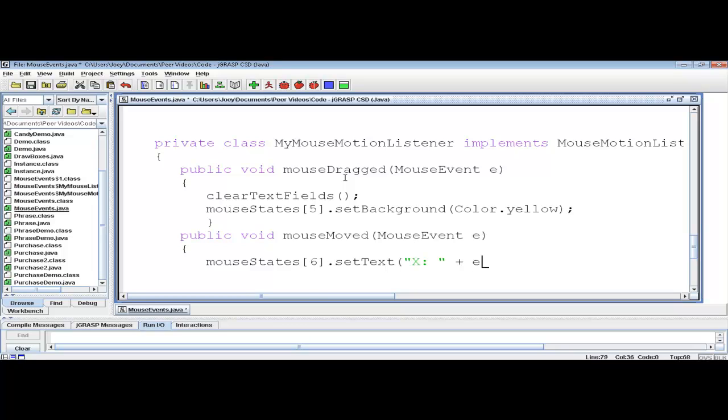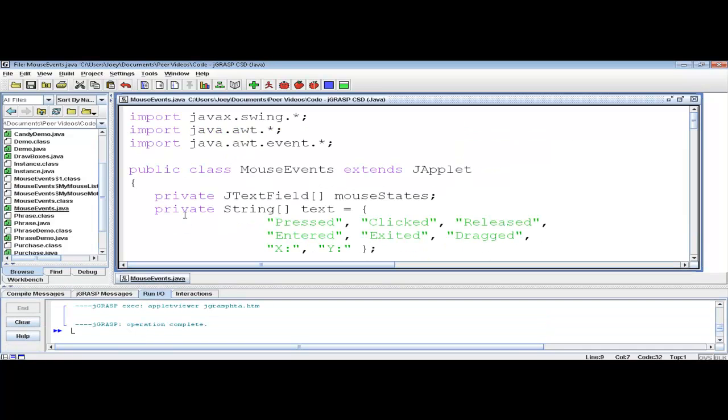So this one is going to take the mouse dot getX, which gives it the x value in pixels of the screen, and we're going to do the same thing with the y value. Okay, now that it's working,